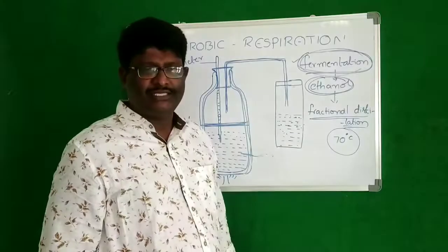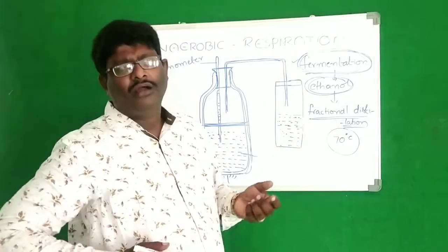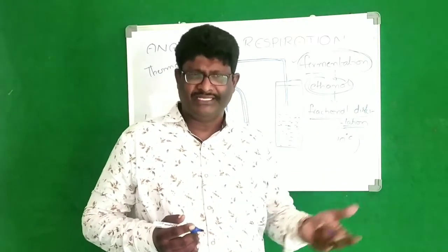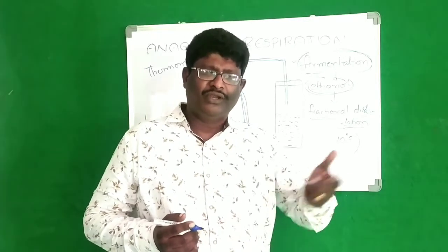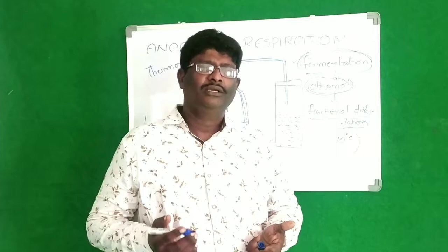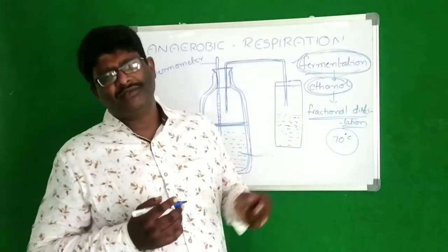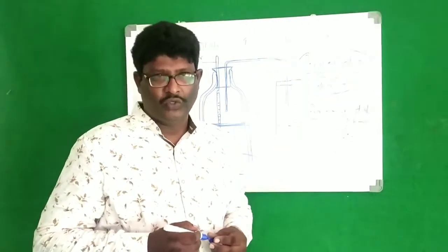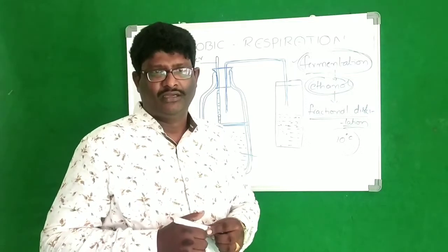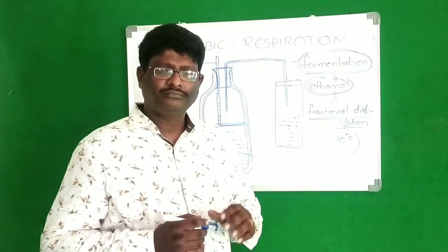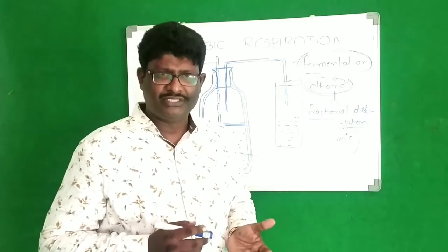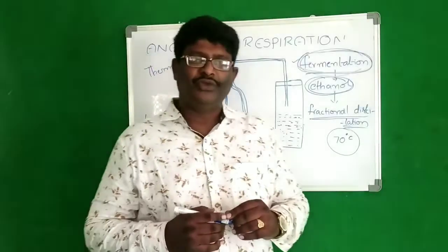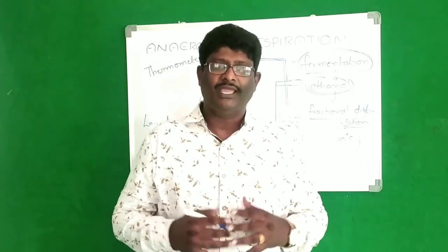So this fermentation process is used in bakeries. Bakeries means preparing cakes, is it right? Different types of food items, when they are preparing them, they use this fermentation process. And also in the beer industry, meaning rum, whiskey, gin, all the alcohols are produced by the process of fermentation. So this fermentation process we are using in our day-to-day life. Okay, thank you.